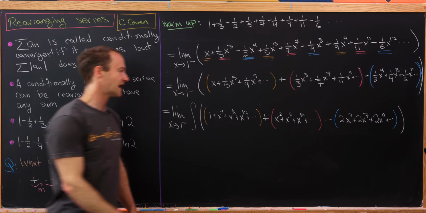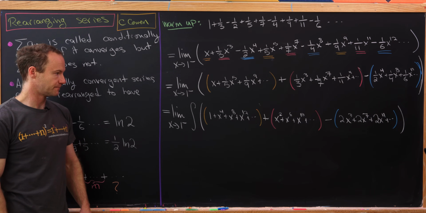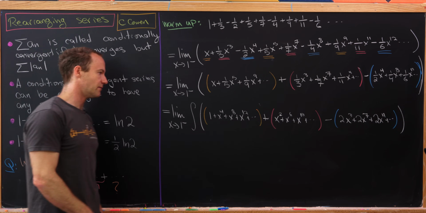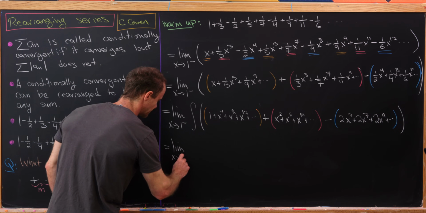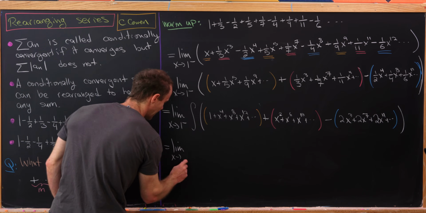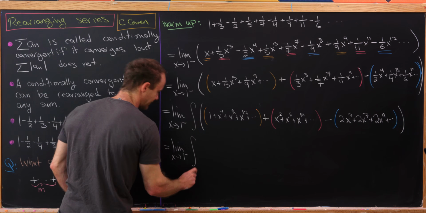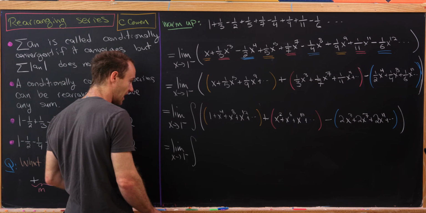Okay, so I think that's looking pretty good so far. But now I can sum all of those geometric series just using the standard rule for summation of geometric series. So I have the limit as x goes to 1 from the left, and then I have the antiderivative of,